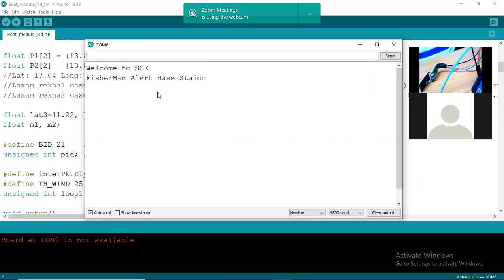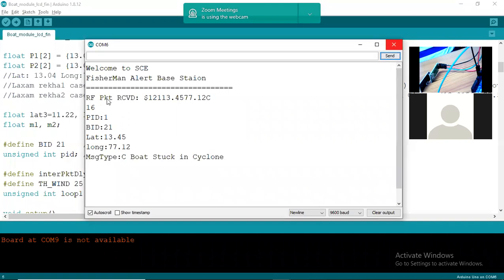Now it should receive. See, I've transmitted the packet. It read that packet ID 1, boat ID 21, location 13 point so and so, longitude so and so, message type C. C means boat stuck in cyclone.